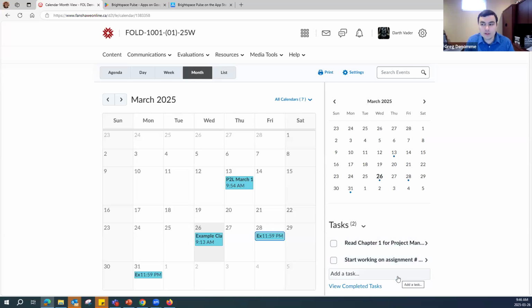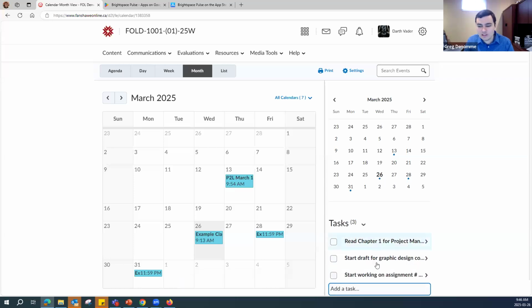So if you wanted to create a to-do list, you can type that in here. So let's say that my goal for tonight is to start working on a draft version of one of my projects. I can say, start draft for graphic design, of course. We'll add that as a task, and then we can see that we have it listed here. And then once we've